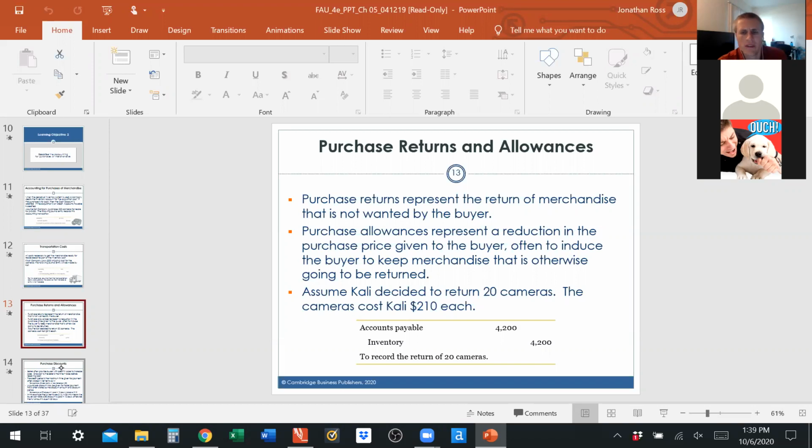Purchase returns represent the return of merchandise. So the buyer returns some merchandise that they previously purchased that they didn't want. That's what purchase returns are. Purchase allowances represent a reduction in the purchase price that the buyer has to pay the seller. And it's often given to the buyer to induce the buyer to keep the merchandise that the buyer otherwise would return. So you buy something,